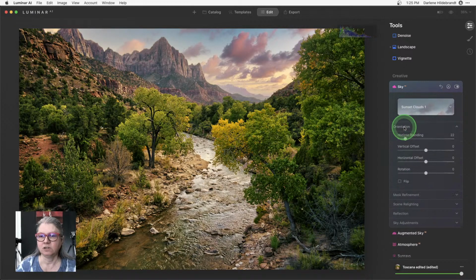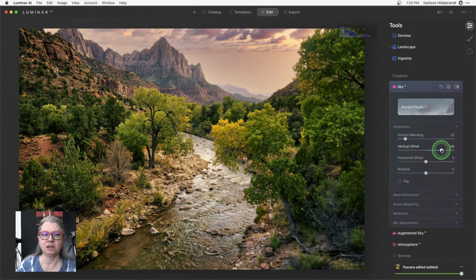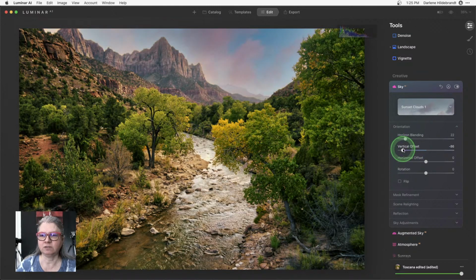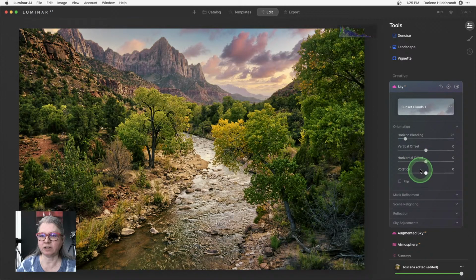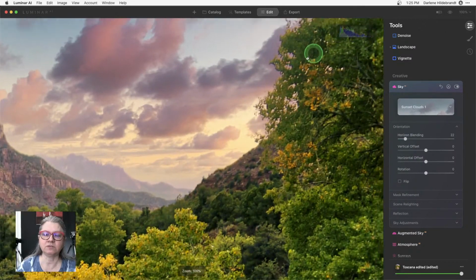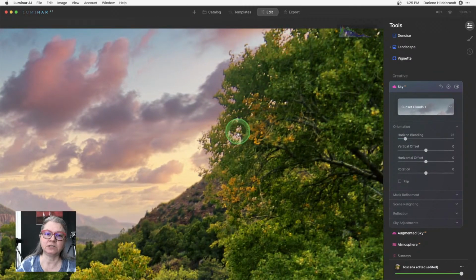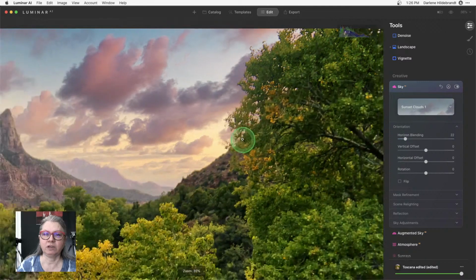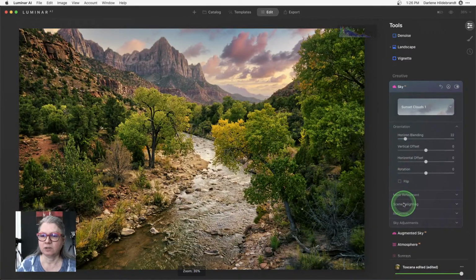Okay, so there's no bright sun in this particular sky, and there's no sun or shadows in the foreground, so it matches. Right. Inside of the settings on the sky replacement, I can do things like adjust the sky up and down. Okay, so the vertical offset, or I can move it left to right. I can also adjust the mask refinement. So if it's not picking up all these, notice how it picked up all the little spots in between the trees, and right out of the gate, just with the defaults, I don't even have to adjust anything. Okay, it's a beautiful match.